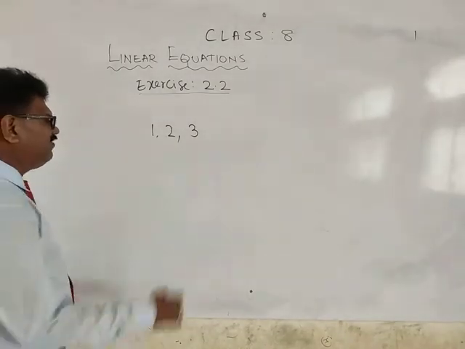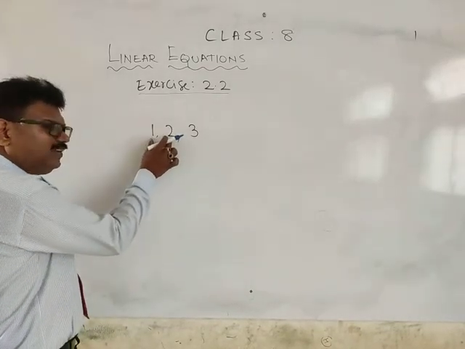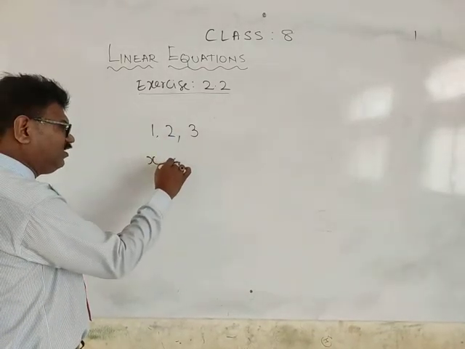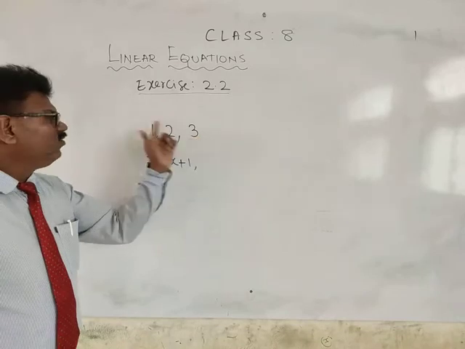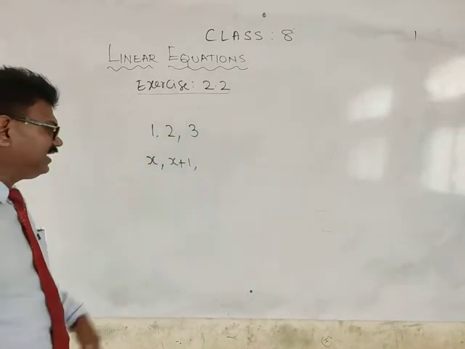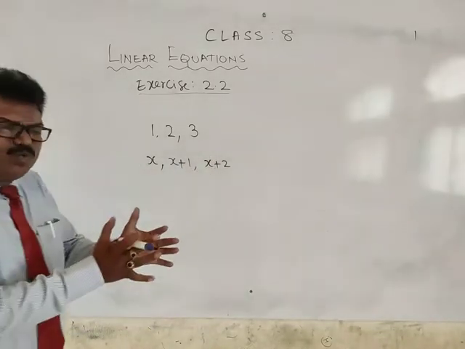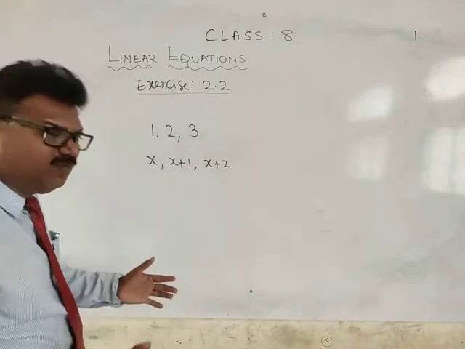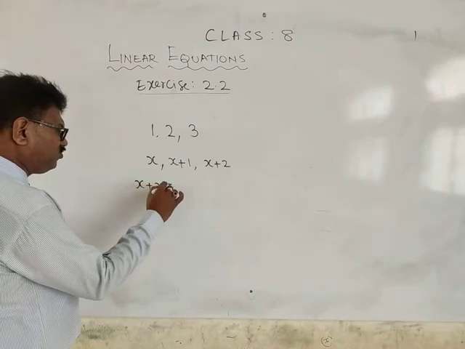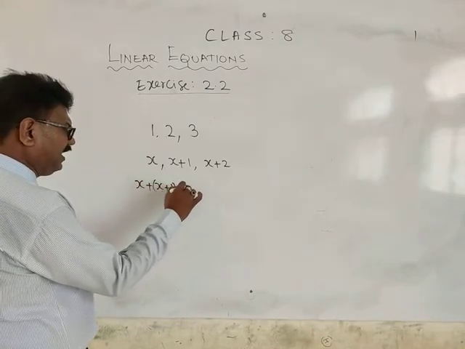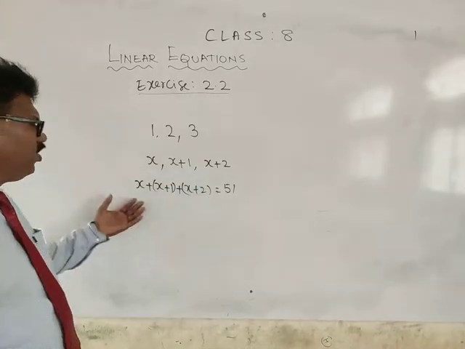So instead of like this, I will take the first number x. What is the second number? What is the difference between 2 and 1? 1. Therefore, it will be x plus 1. Next one, 2 and 3. What is the difference between first and third? 2 difference is there. Therefore, directly you can write x plus 2. Add up to means we should add them, their sum. Now you see x plus (x plus 1) plus (x plus 2) add up to how much? 51. Find those 3 numbers.